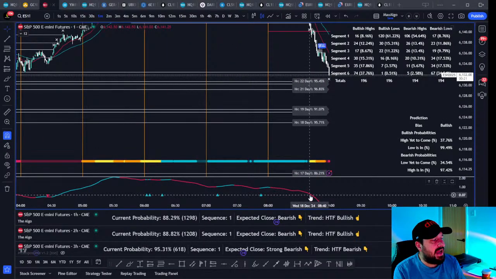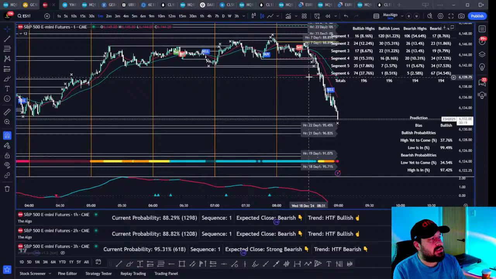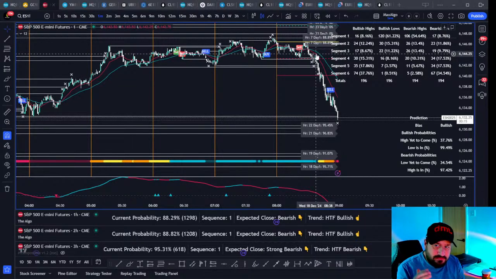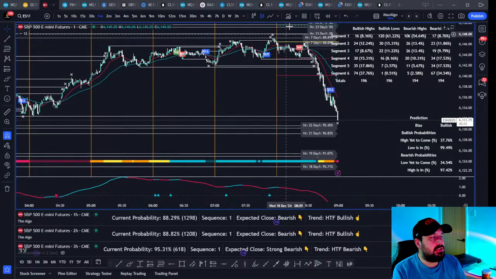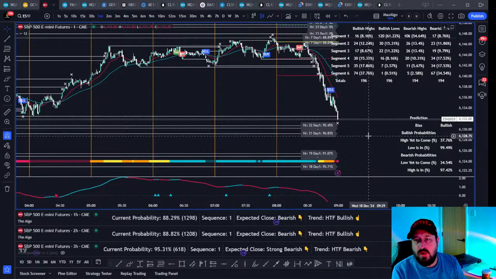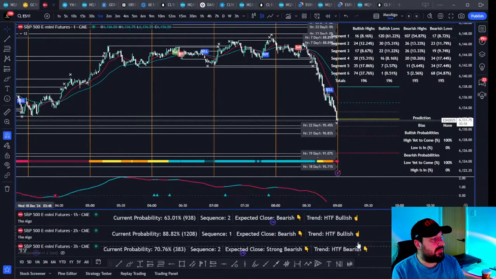You can just see how, when everything lines up, when you start seeing that movement and that dynamic TP crossing that zero line, you don't always get a strong move. But if it crosses and you don't get a strong move, then that is a good indication that maybe that direction's not where the market really wants to go, right? So we're in a sequence 2 bearish.